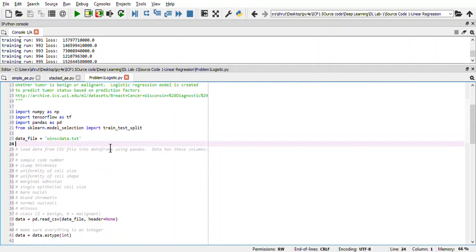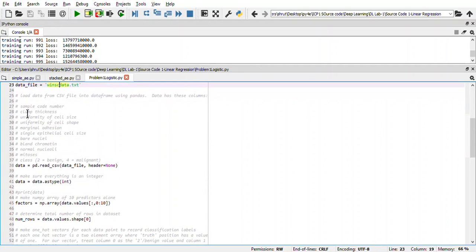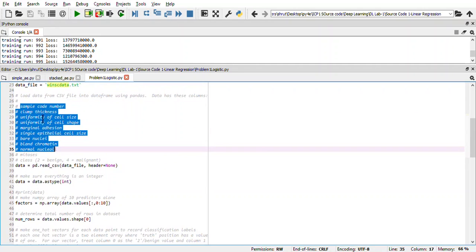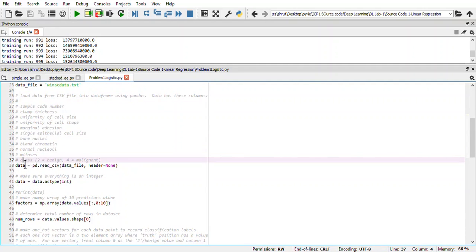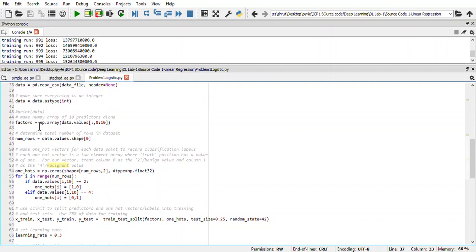So here I am importing the data, and the data has the following columns: sample code, clump thickness, etc. We are taking class. In the last column, class, the value 2 represents that the cancer is benign and the value 4 represents that the cancer is malignant. And then importing the data,